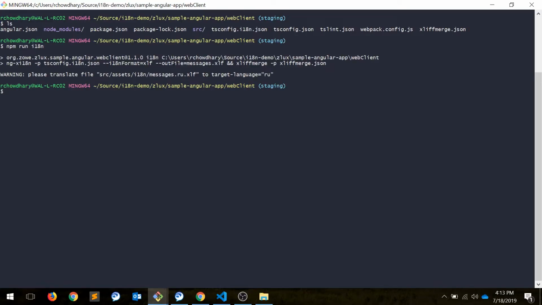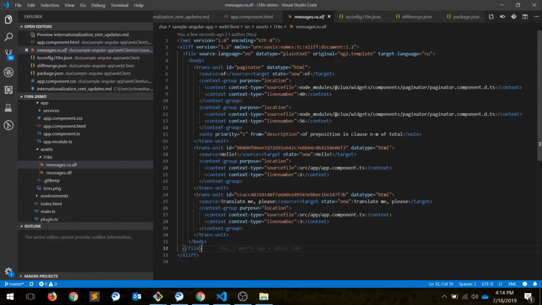So as we can see here, we've generated a Russian translation file, which we can now find under source assets i18n. So let's check it out. So if we look at this Russian translation file, what we'll see is we have a few source tags that are paired with target tags, and that's the case for both of our strings that were marked with i18n. Now all we have to do is add the Russian translation here, and here,